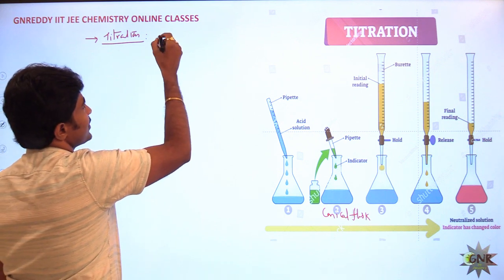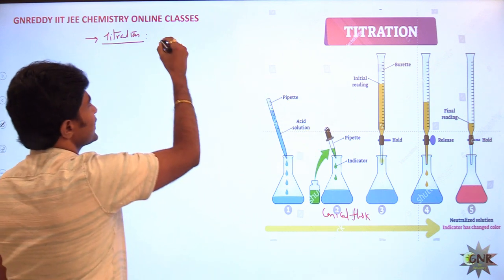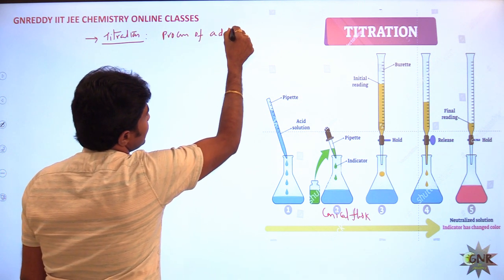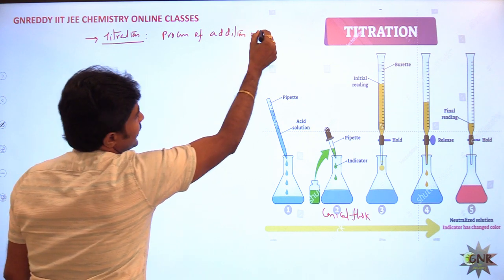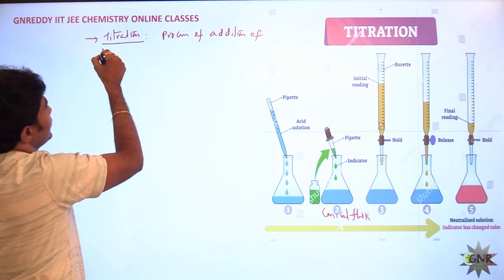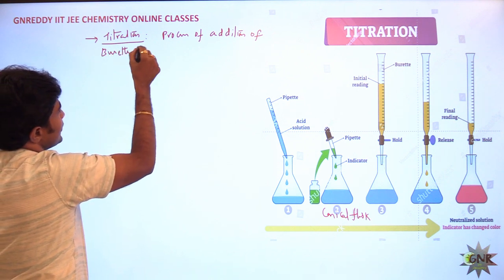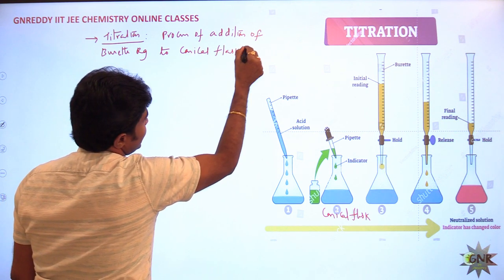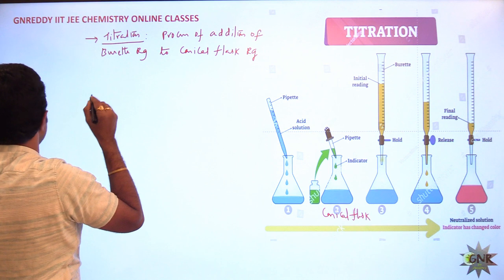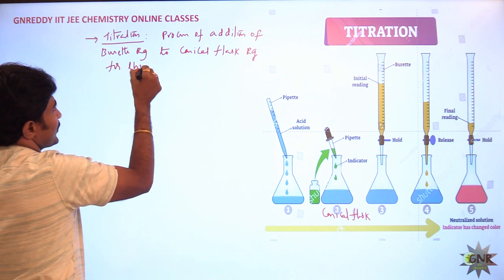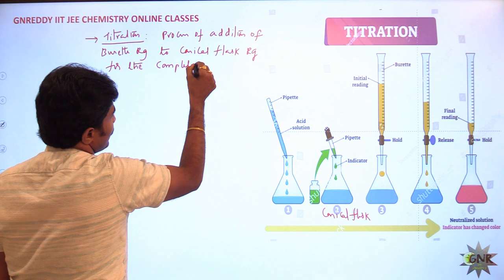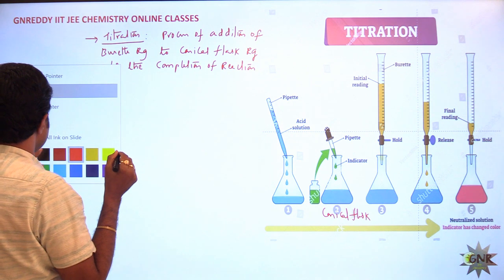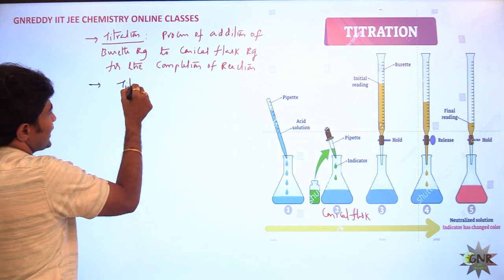What is a titration? It is a process of the addition of burette reagent to the conical flask reagent for the completion of the reaction. That is nothing but titration. In this titration, we have the terminology titrant,